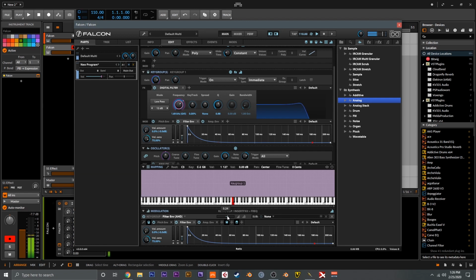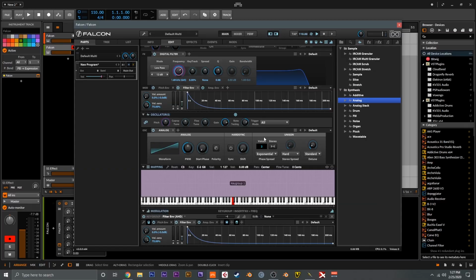Now that we've added this, this will open the filter up at the beginning and close it off over time, which should create a bit more of a distinctive transient or start to the sound. Let's give it a play and take a listen now. Cool, so that is basically your typical analog key patch,